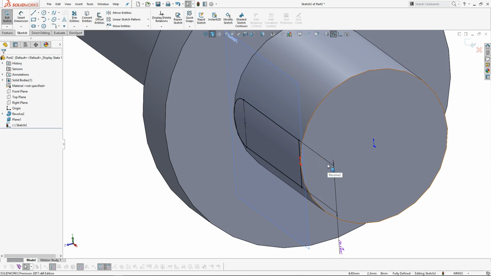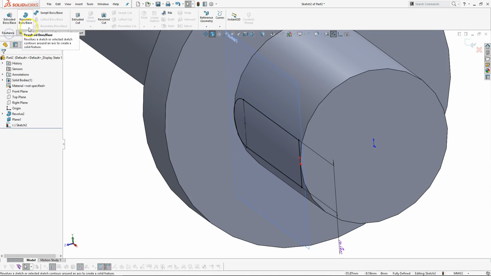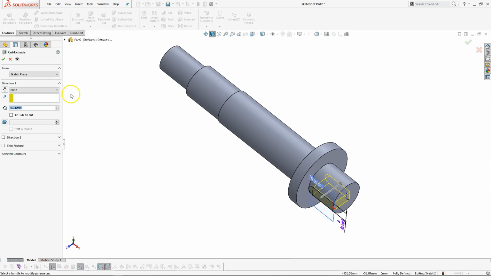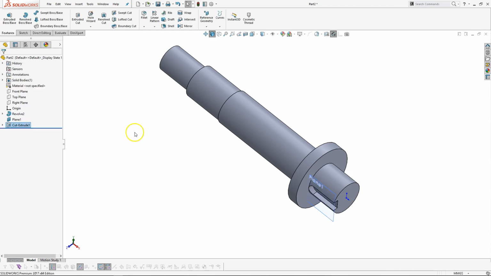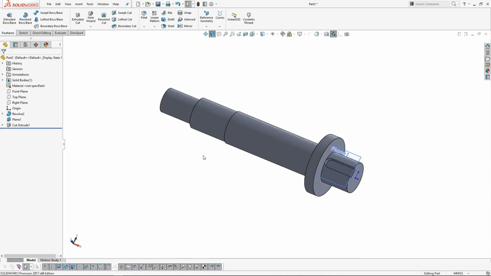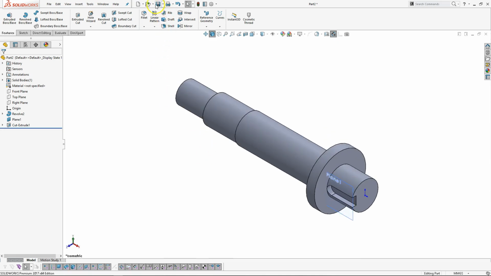Alright, well, I'm going to go ahead and put it in the extrude cut, and we'll make it about 2.7. So 2.5 plus another 0.2 millimeters. That should give it a little bit of relief. Alright. Okay, so we will go with the